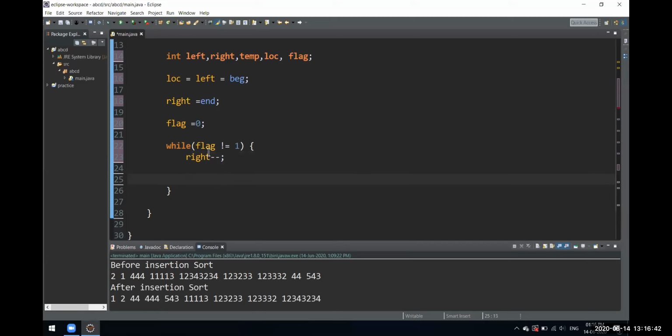We have an if condition, and we'll have the flag set to one over here.